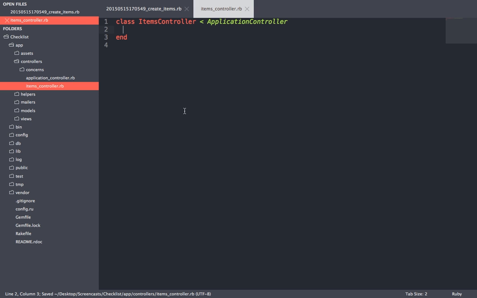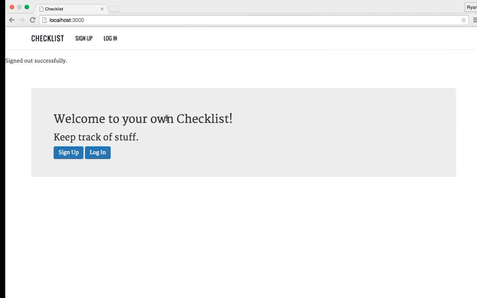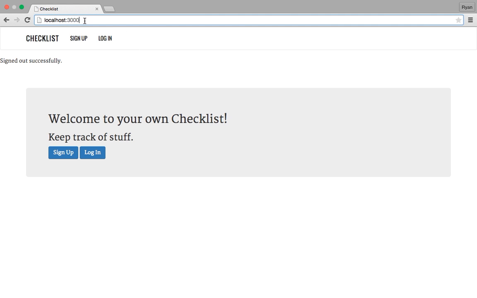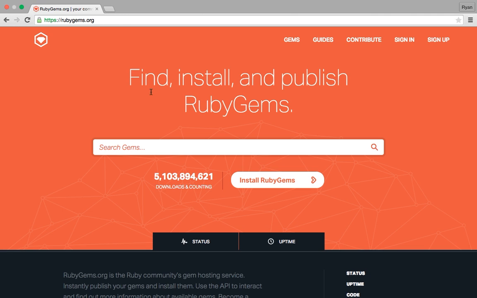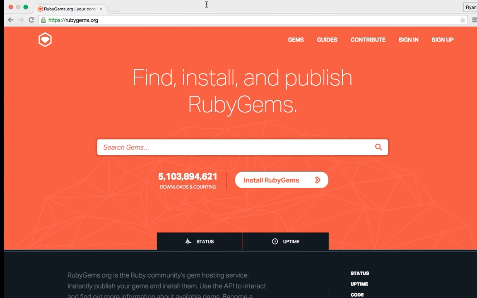So that's the items controller, and what I want to do before I add any actions is add some Ruby gems right away. This is actually the old app, so ignore that if you will. And actually that reminded me,